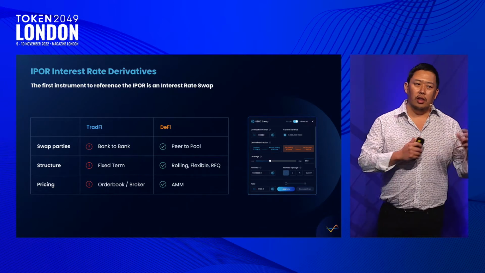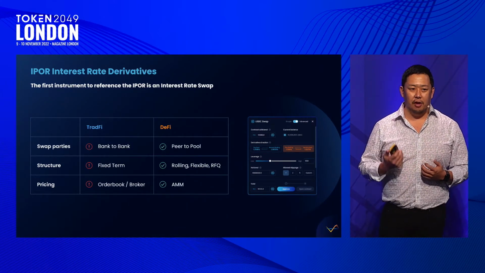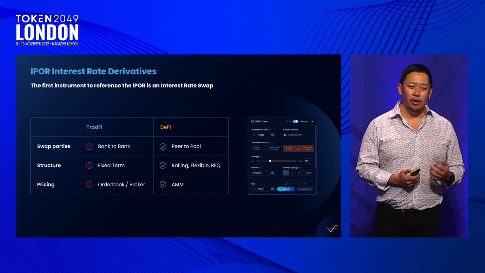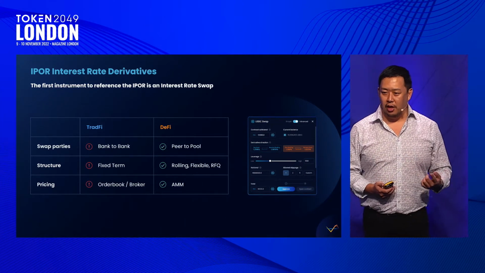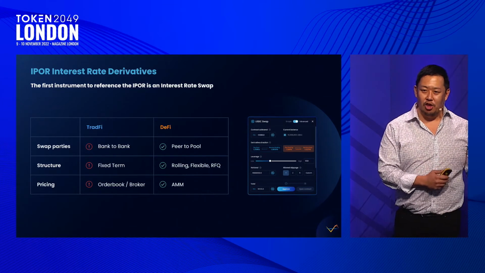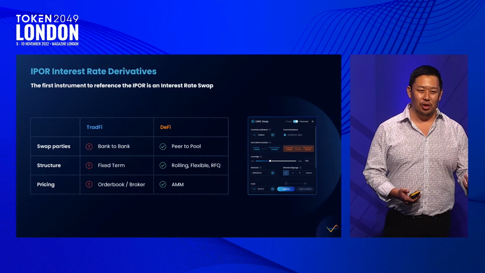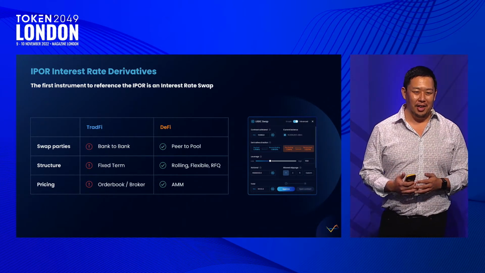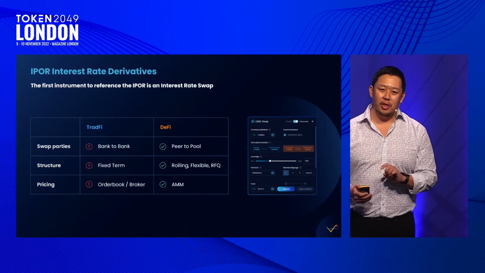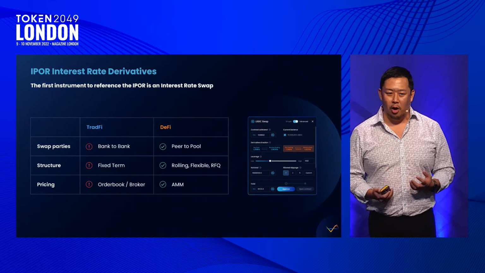Okay, so currently there's an interest rate swap that's live on Ethereum that we consider the first instrument that's actually referencing the IPOR. So it's a 28-day peer-to-pool cancelable swap. Now, if you're coming from traditional finance, maybe it's a laughably short instrument, and also the optionality is very strange, but it's something that actually matches the market behavior of the DeFi credit markets.